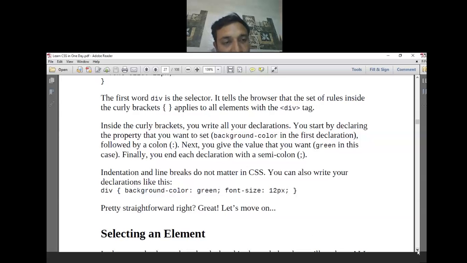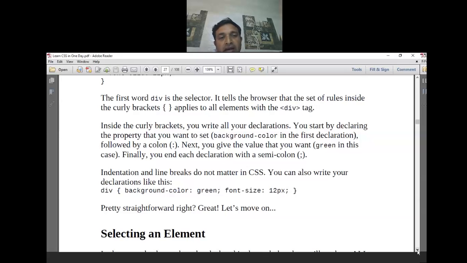So till now we have seen the different ways you can write CSS. First, you can put inline CSS, directly creating style tags and putting it there. Second way, you can create a .css file and link it through a link tag.